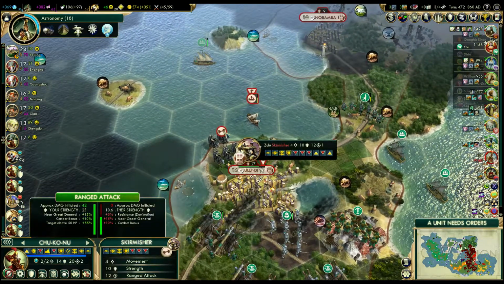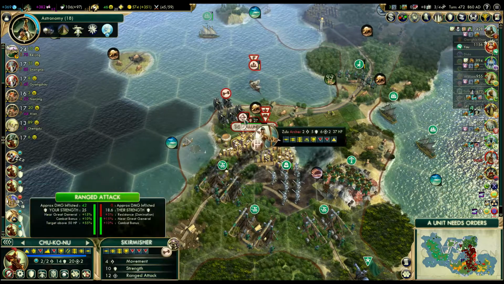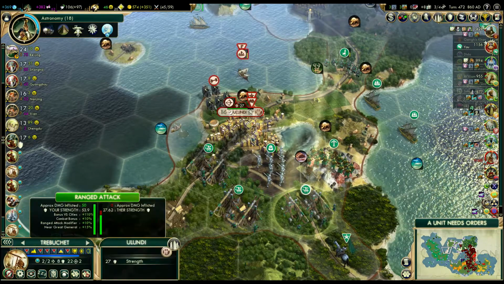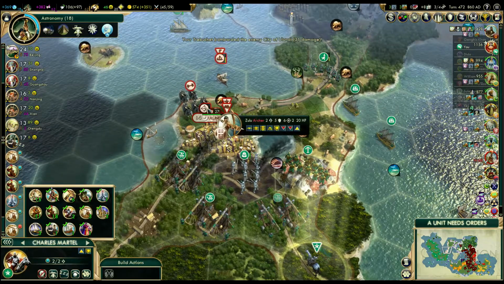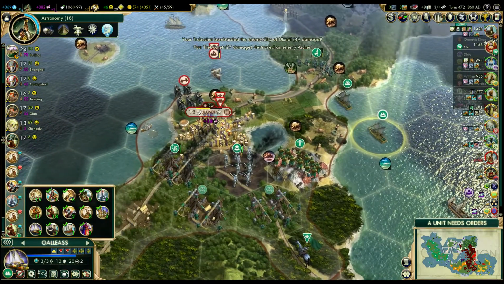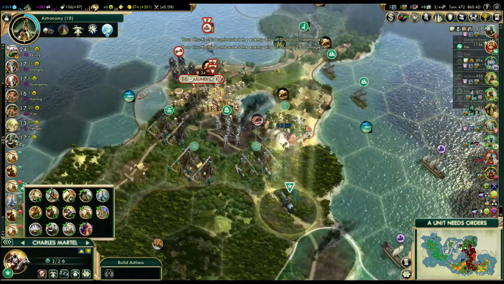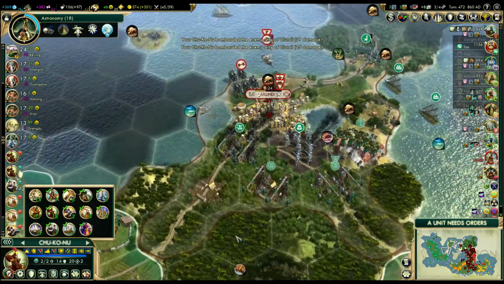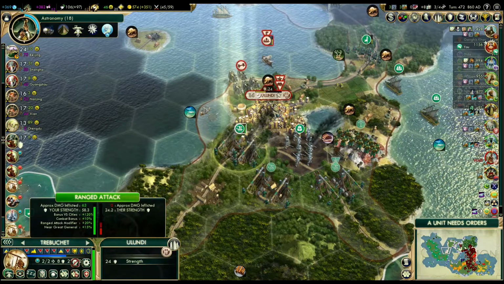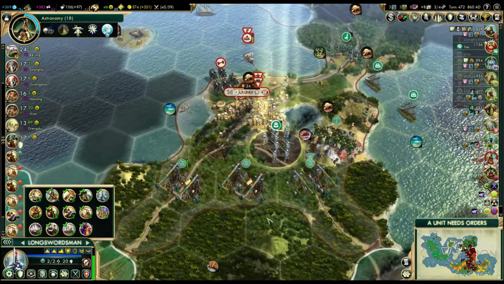They somehow managed to get a skirmisher. That's quite annoying, because now our trebuchets might be in danger. How many hit points does this guy have? Still 20 hit points. Okay, now he's down. Yeah, that's not enough damage. What I'll have to do is move the trebuchet back and...